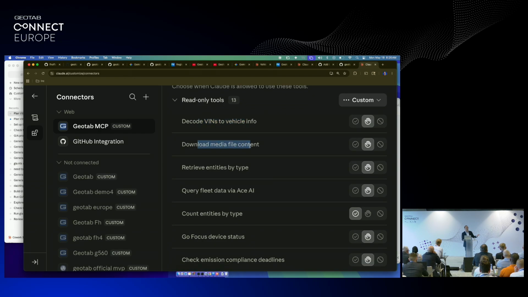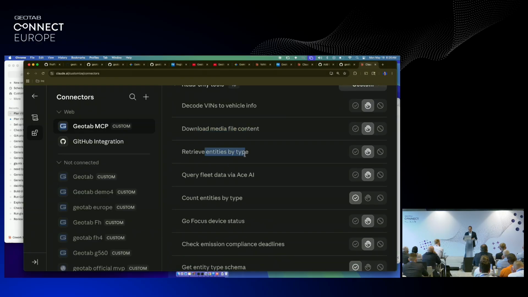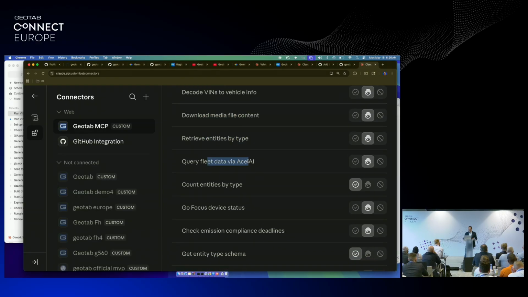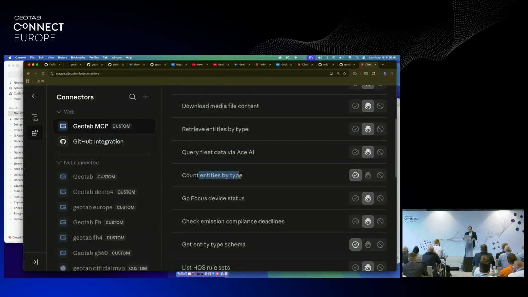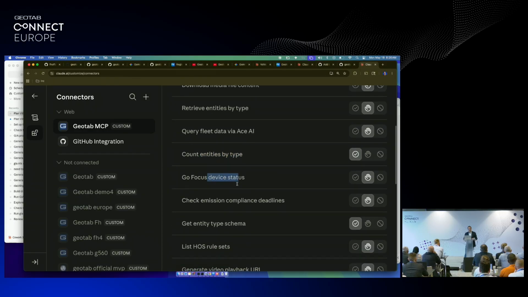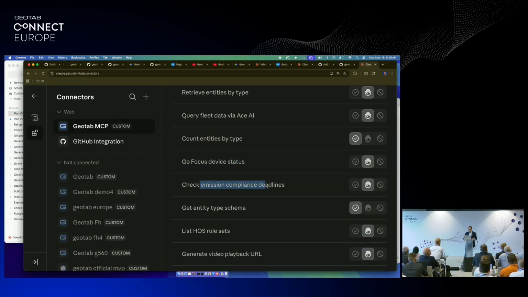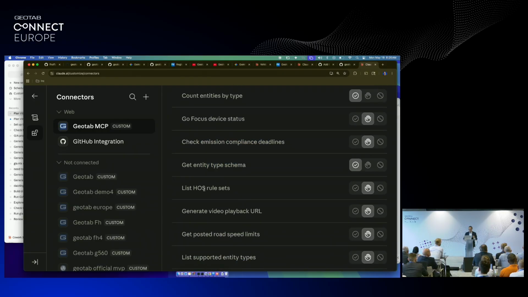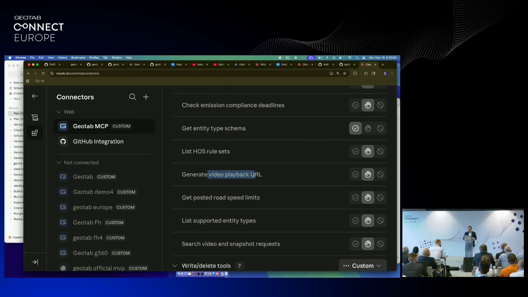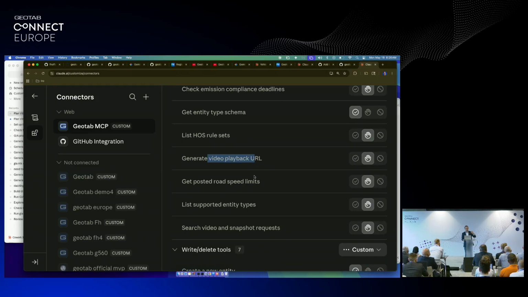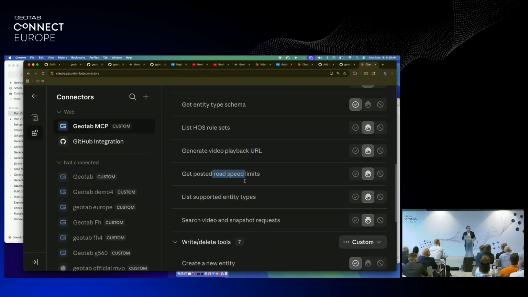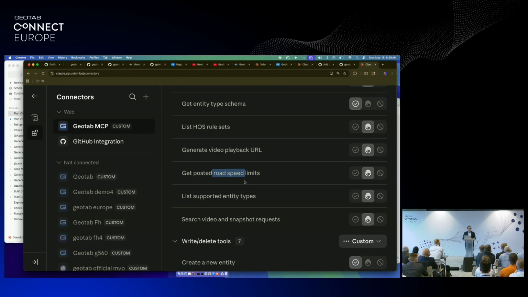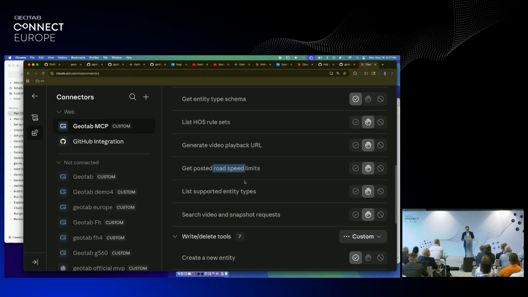So if you have videos, it can bring a video out and let Claude analyze it, retrieve entities by type, query fleet data via Ace AI, count entities by type, the status of the Go focus, check emission compliance deadlines, get entity type schemas, hours of service rule sets, URLs to share a video, posted road speed limits. So if we know the speed limit, now you can ask Claude to get it out, supported entity types, search